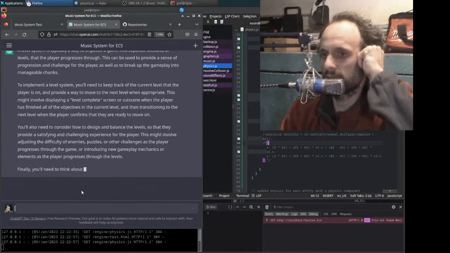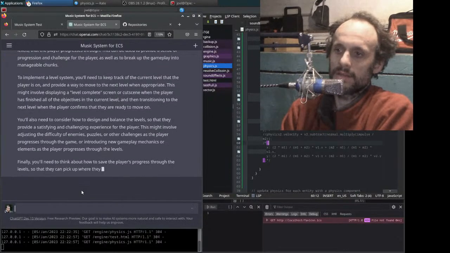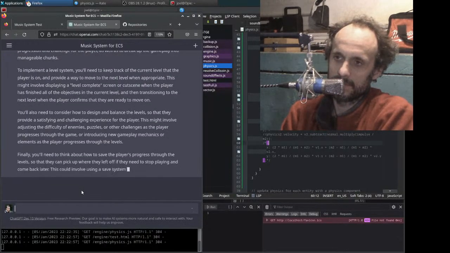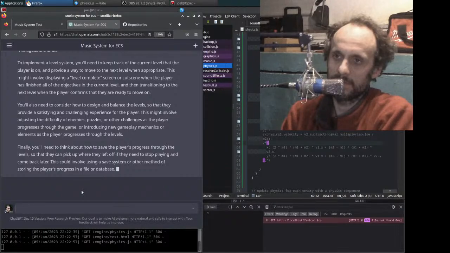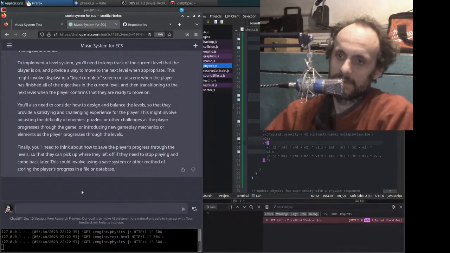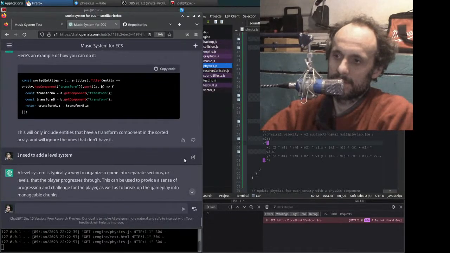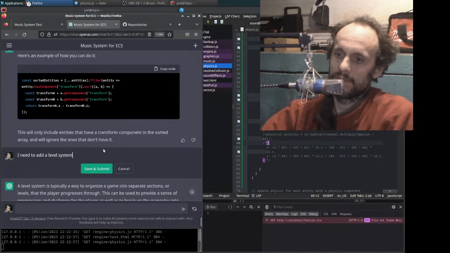You also need to consider how to design and balance. Yeah, for the engine, GPT, for the engine. Okay. Need a level system. System for the